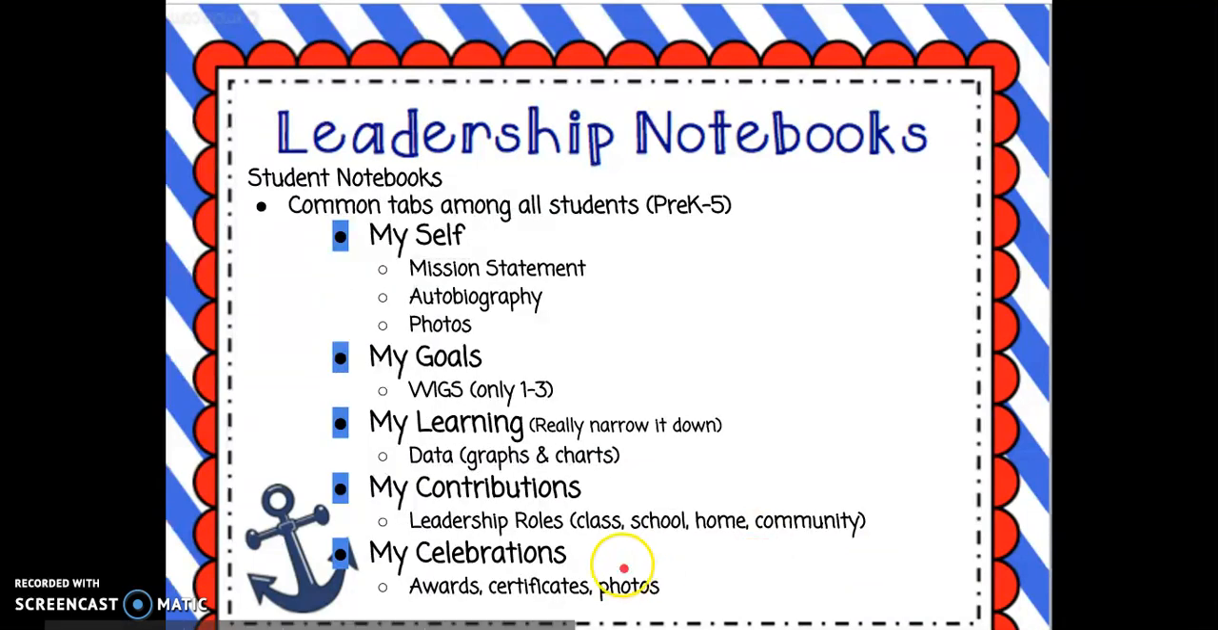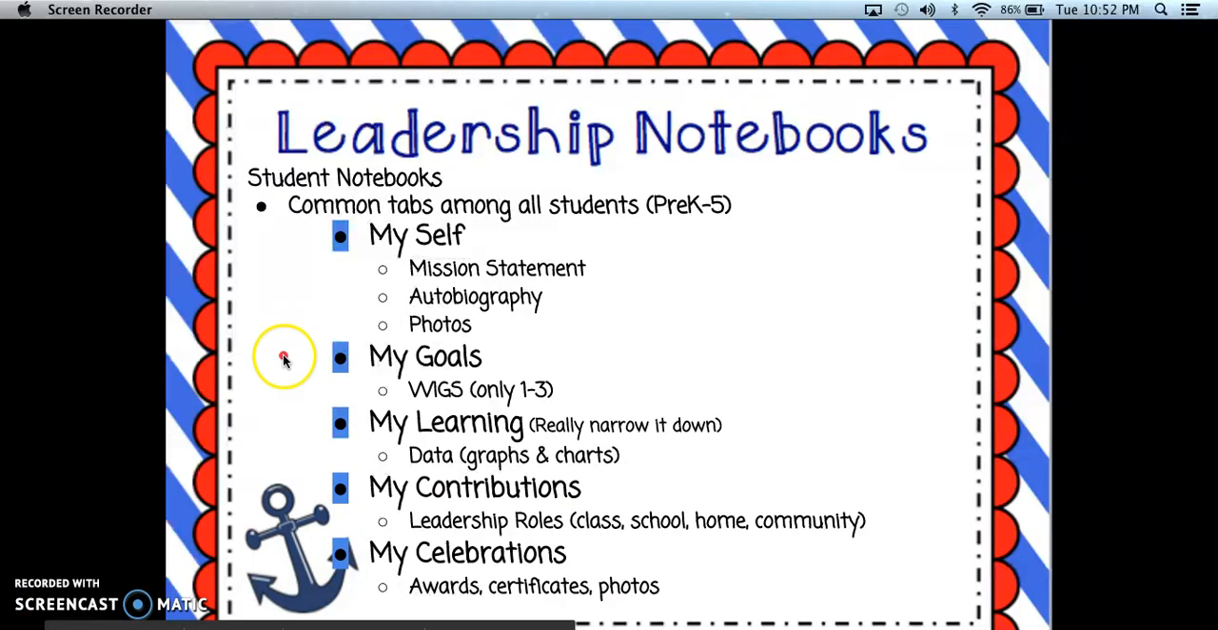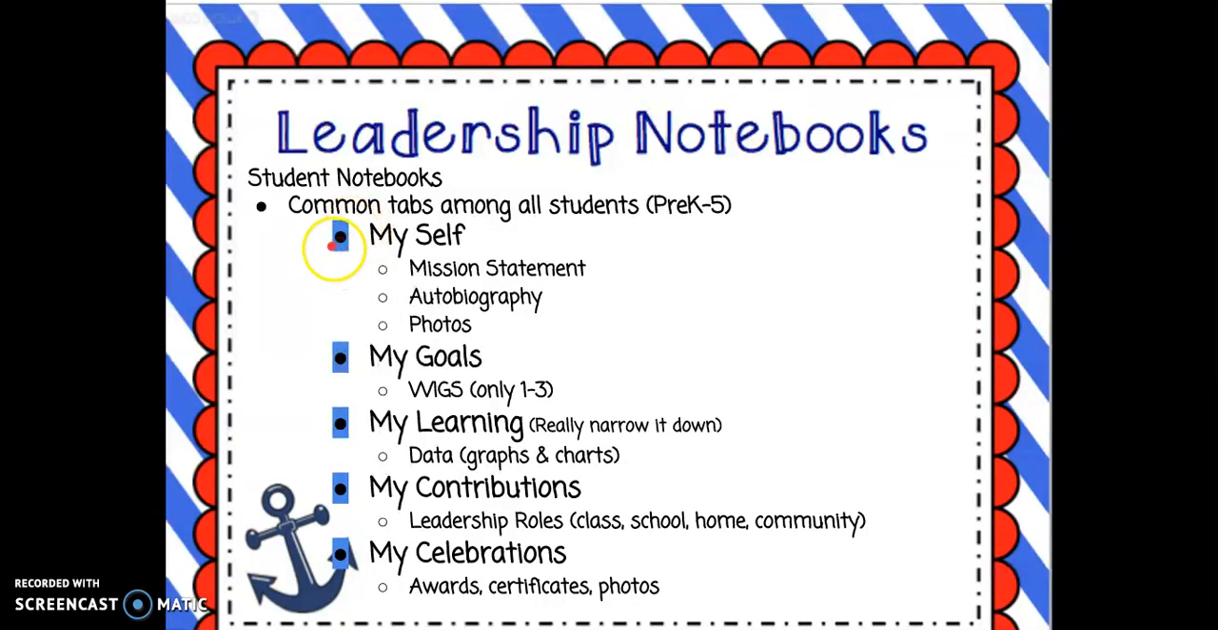So the first thing that we're going to look at are the leadership notebook tabs. And so the leadership notebook tabs that you are going to have in your leadership notebooks are myself, my goals, my learning, my contributions, and my celebrations. We talked about making these developmentally appropriate. We all will have these same tabs, but what goes behind these tabs is really going to look different depending